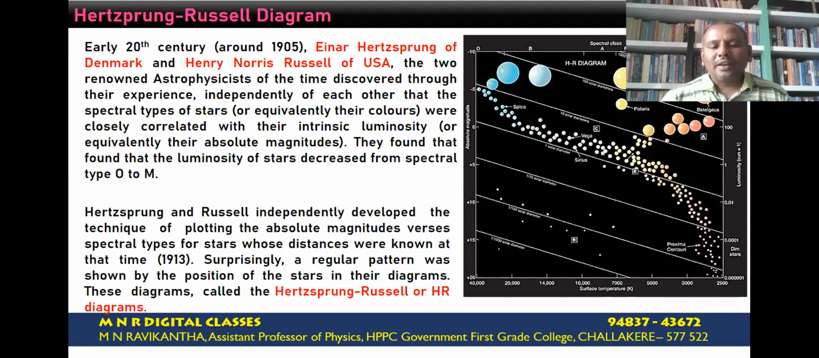The absolute magnitudes are taken along the y-axis. The corresponding spectral classes are taken along the x-axis. Similarly, the luminosity ratio along the y-axis or the temperature along the x-axis. There are two ways of plotting the graph. One way, the parameters are